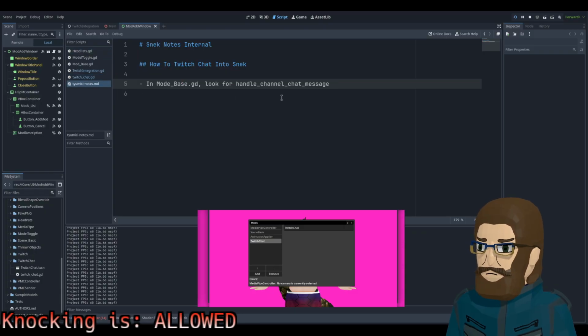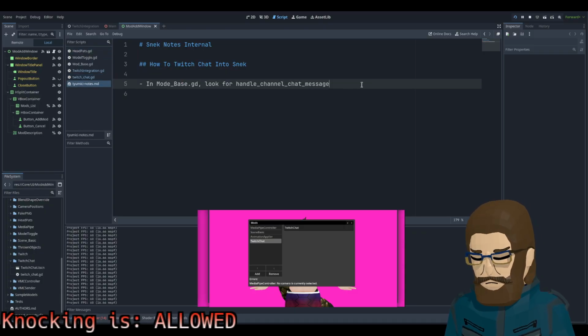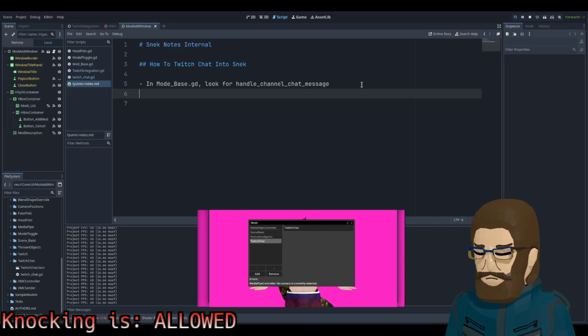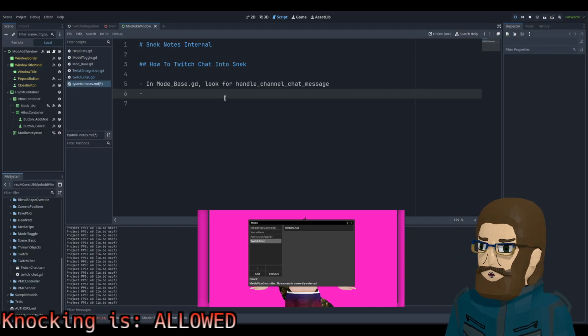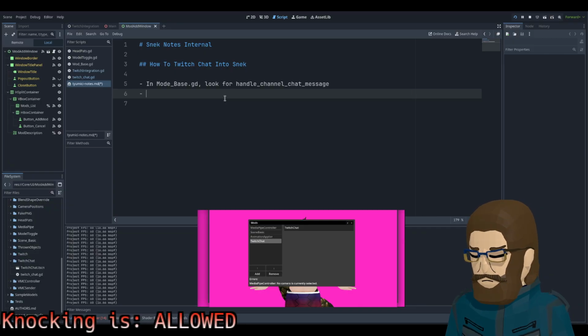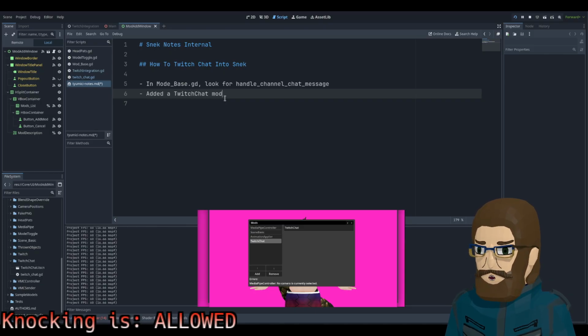Let's take some notes, so we know where to look for that guy. And then you're not going to give me markdown support. Yeah, fine. All right, sure. And base mod, yeah, we know what that does. And we added a Twitch chat mod.